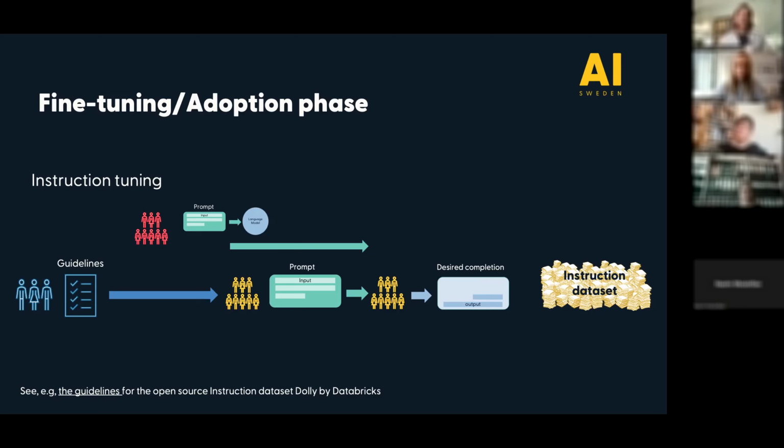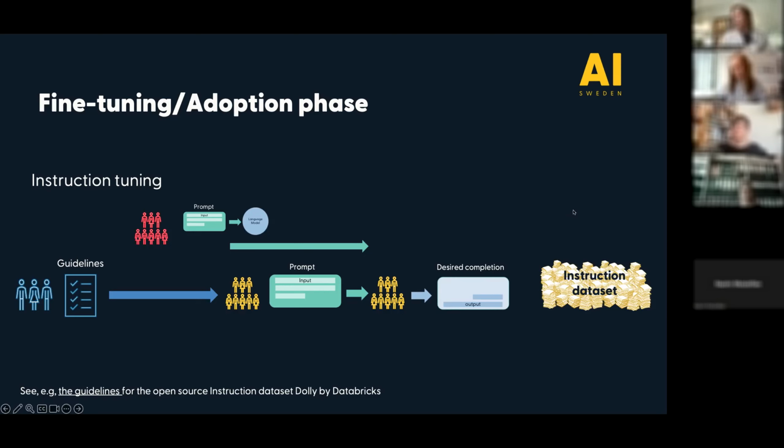A second strategy that OpenAI has used, and that is the first line you see here with the red people, maybe some of you are in there, because if you used the service before January this year, OpenAI might have used your prompts and gave them to data workers who then wrote desired outcomes. And with these desired outcomes, we create so-called instruction data sets. These are smaller data sets that include pairs of a task description and a desired outcome description.